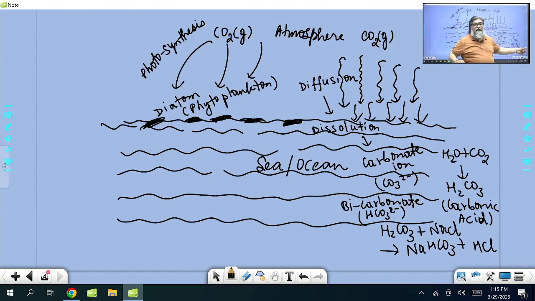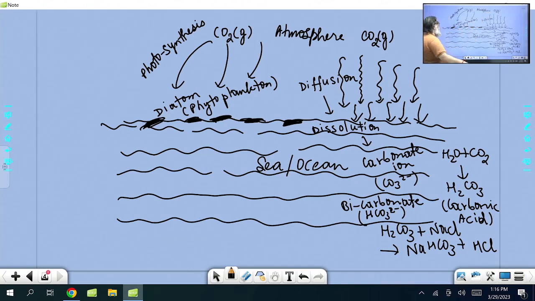Because of CO2 dissolved in water, in the chemical reaction I have written here, carbonic acid forms, so that makes water acidic, and it further reacts and releases this one. So remember one thing: sea water is alkaline, but as more and more CO2 is absorbed, slowly sea water will become acidic with time. So the higher the CO2 gas, the higher the absorption will be.